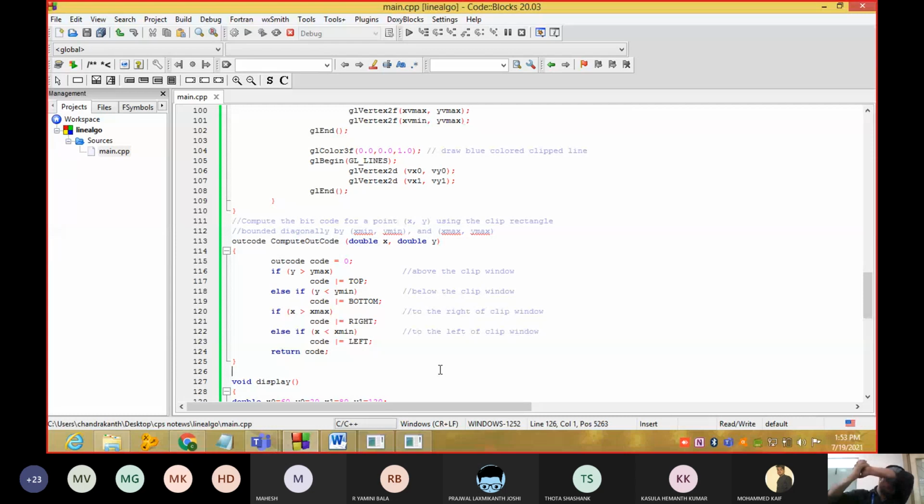Next, we are supposed to check whether the line is lying inside the window or lying inside the boundary.